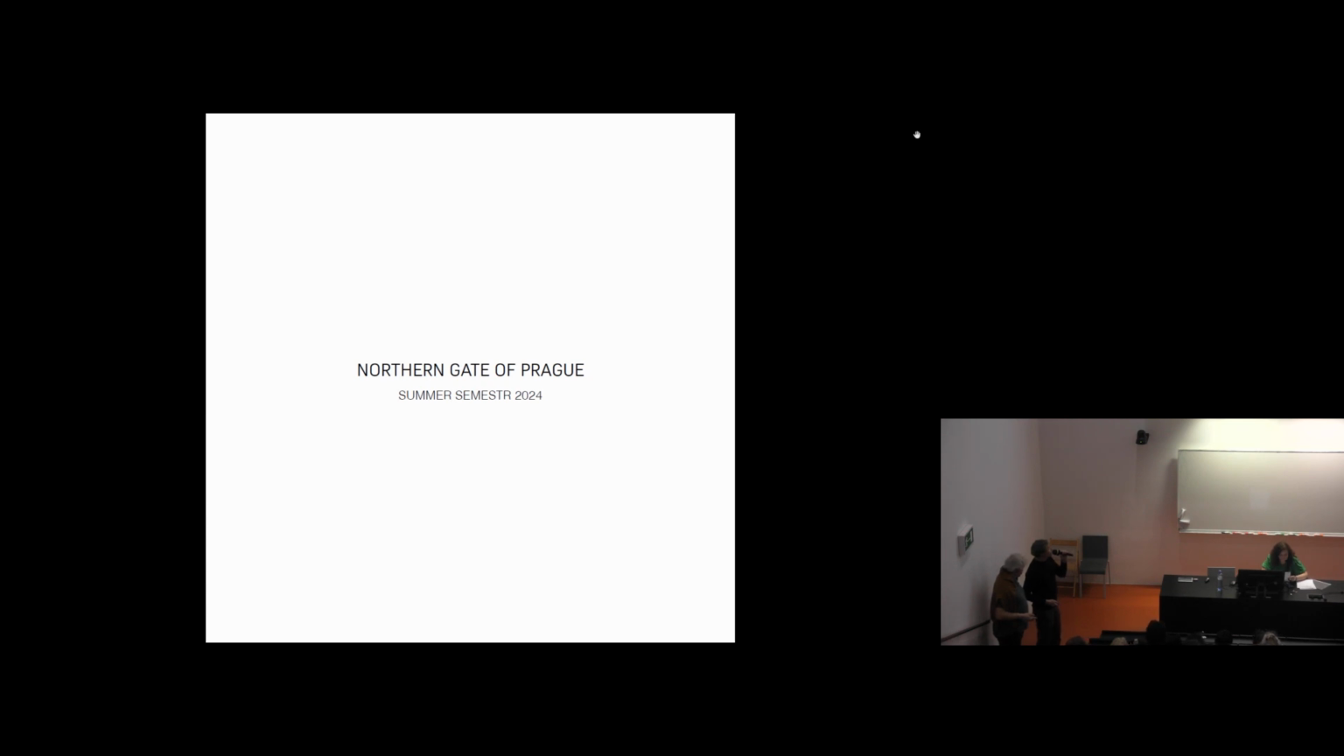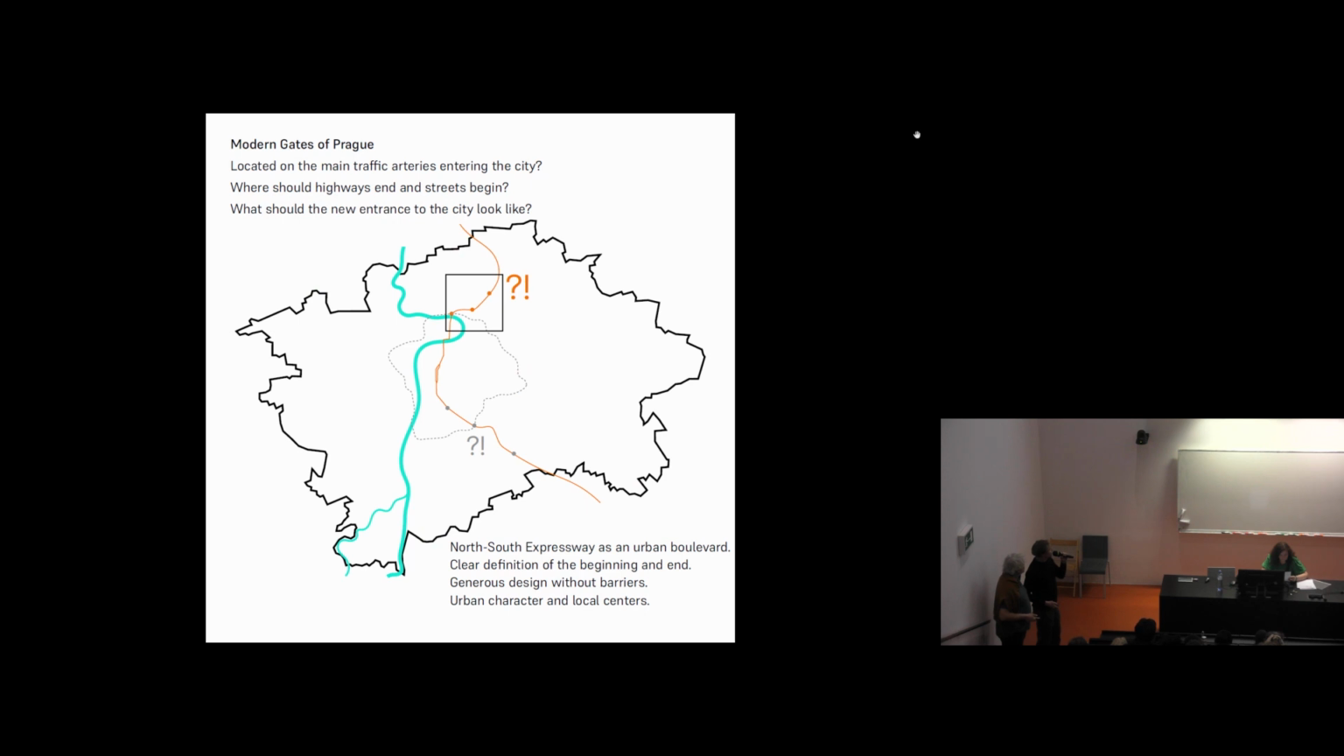And our topic is the Northern Gate of Prague, because Prague has a great, big north-south highway, an expressway. We call it Magistrala. It's this line. And there are plenty of topics around that which are being solved, or at least attempted, for decades at this school. And this semester we are focusing on northern Prague, because there are a lot of questions and topics around this. For example,